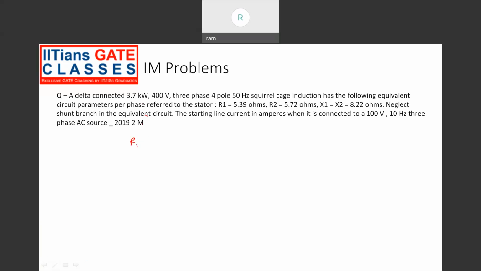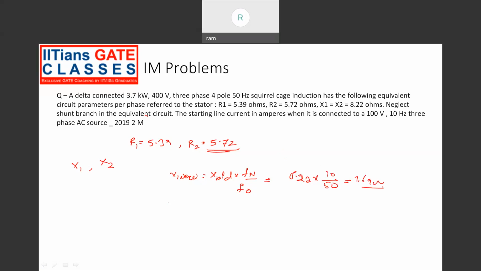The resistances they have given, R1 is 3.72. So the frequency is changing, and the only change is that X1 and X2 will change. They are proportional to frequency. So X1 new equals X1 old times 10 by 50, where old is 8.2. So that is 1.64 ohms. Similarly, X2 new is